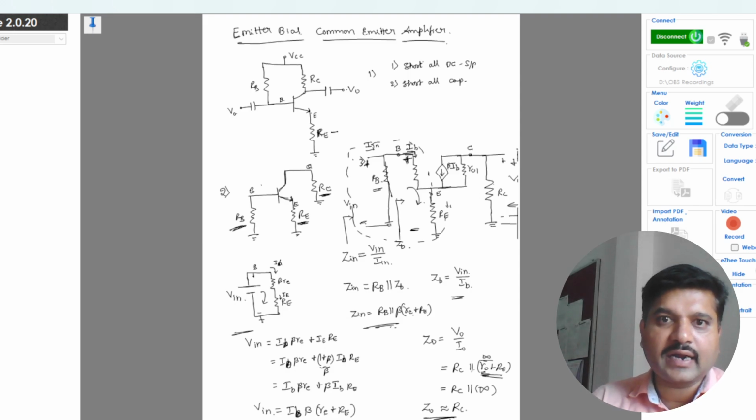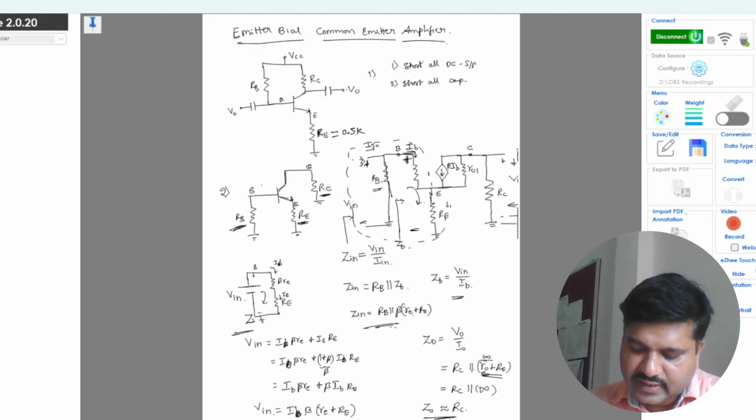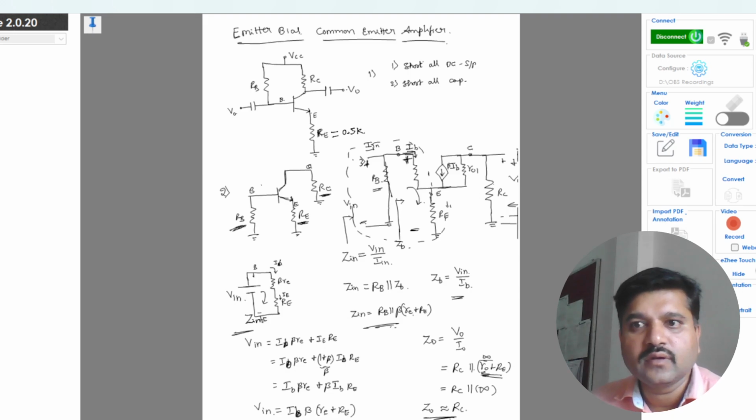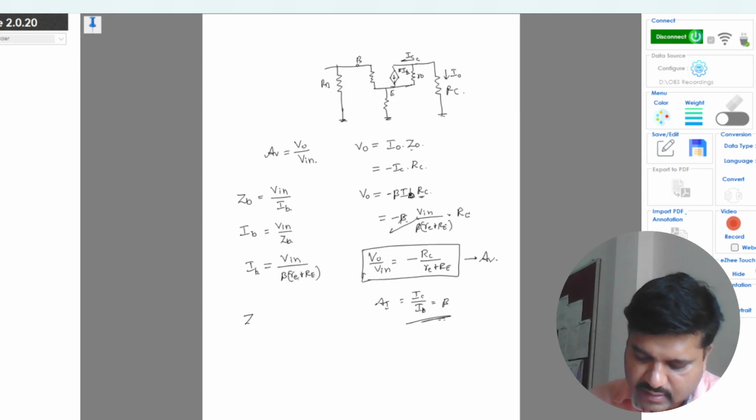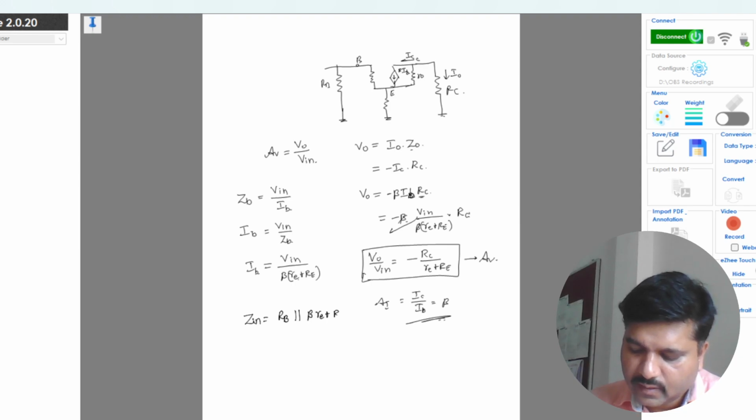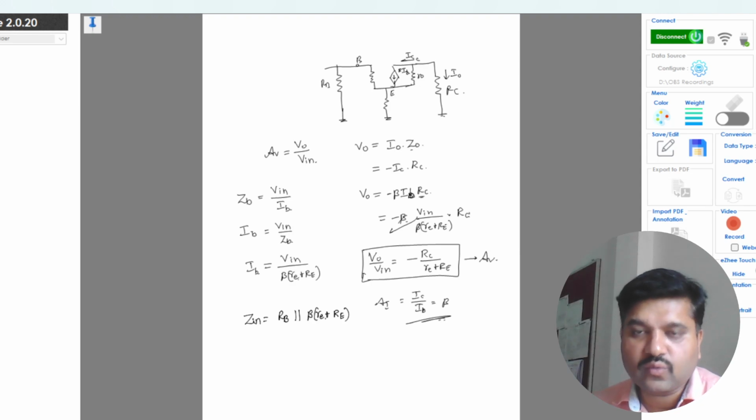So my Zin is RB parallel with beta times of (RE plus capital RE), and I need to calculate small re over here. So for that I need to find out